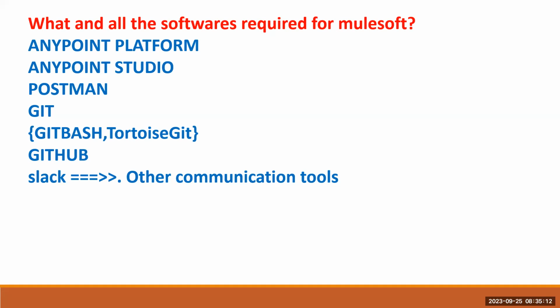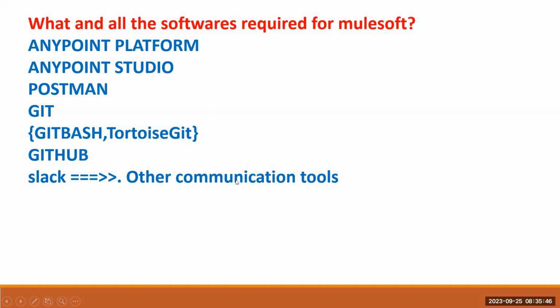Through Facebook or Instagram or WhatsApp, we will connect, right? But in the organization, we won't use those tools. We are going to use some professional tools like Microsoft Teams, Slack. Some other tools also they can use. Mostly 70 to 80% will use Microsoft Teams. In a few organizations, they will use both Slack and Teams. These are all just for communication purposes.